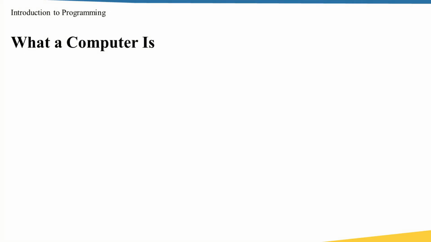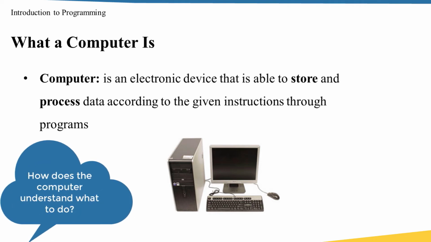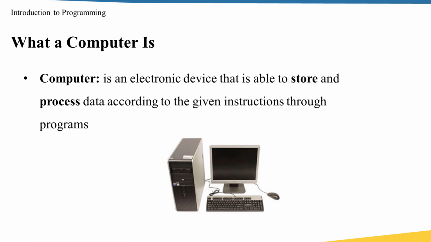So what's a computer? A computer is an electronic device that's able to store and process data according to the given instructions through programs. From this definition, we can understand that the computer does two main jobs. The computer stores data and processes this data. Maybe now we ask ourselves, how does the computer understand what to do? Let me answer you. Simply, we tell the computer what to do through some provided recipes,